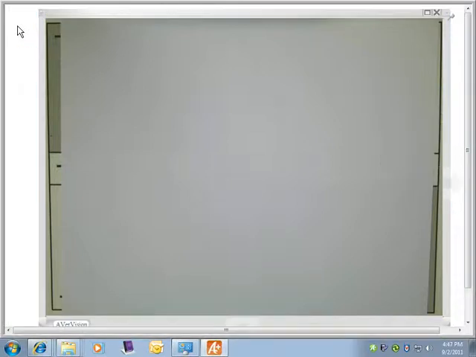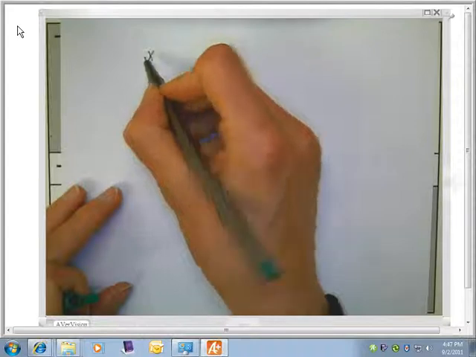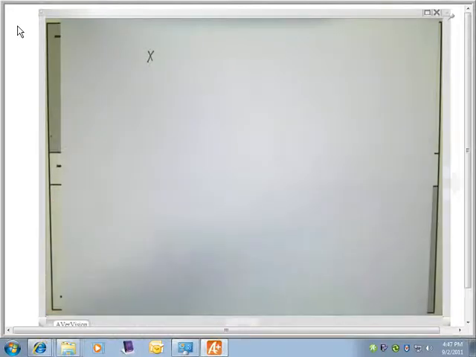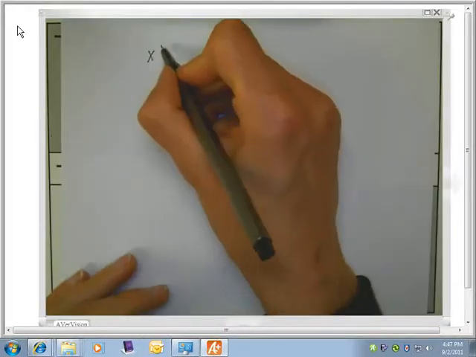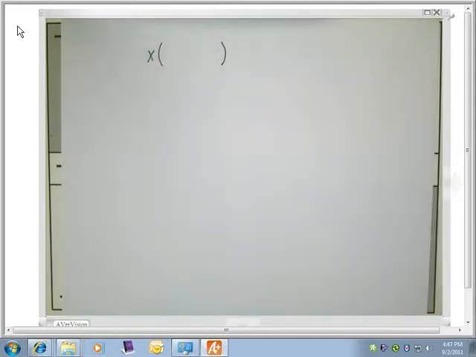Today we're going to work on some multiplication of polynomials. First we're going to look at a monomial times a binomial. So the monomial is x by itself times a binomial. A binomial has two terms, and that is going to be 3x